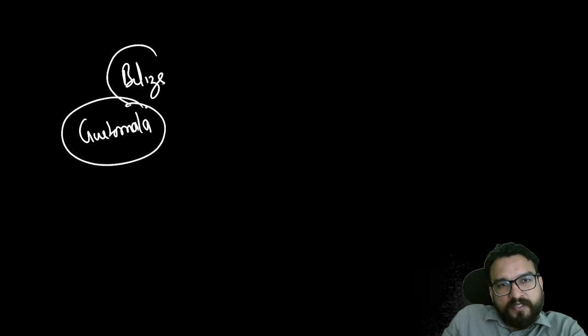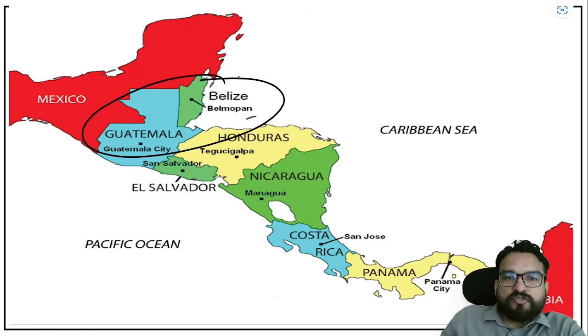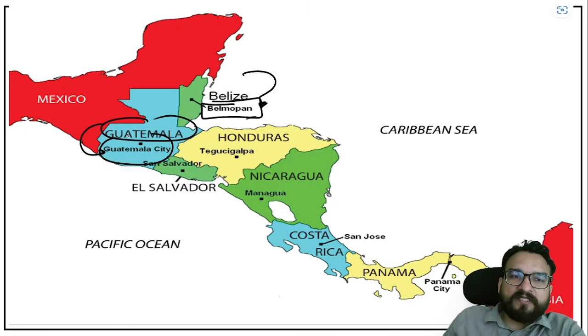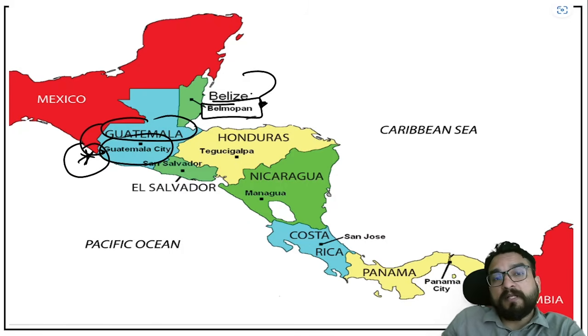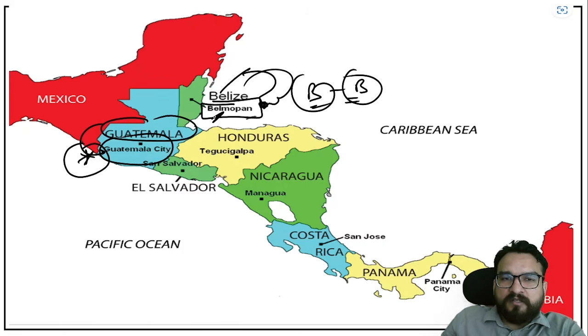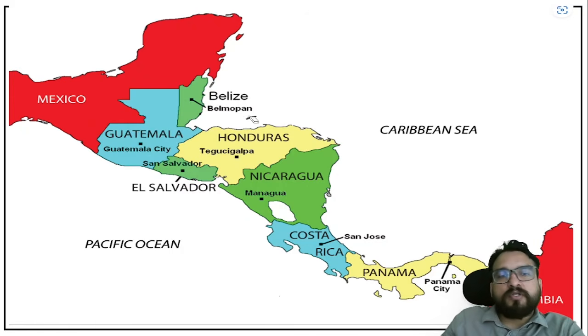These 2 countries over here are important, right? Their capitals are Belmopan, that is of Belize, and Guatemala is simply Guatemala City, no need to remember. The remembering part with respect to Belize is B for Belmopan. Take a Bell something, you remember Bell and Bell, Belmopan, Belize, right?